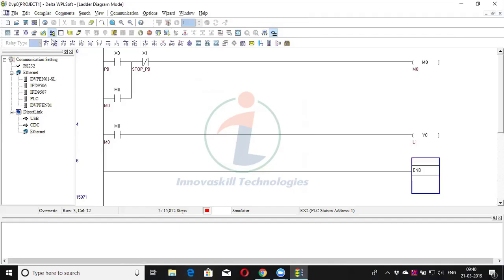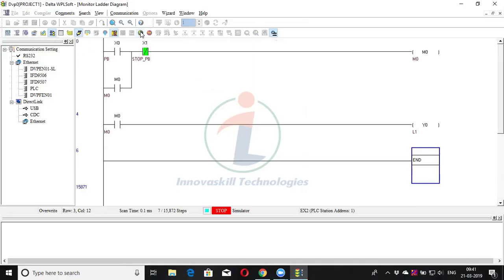Next, what we have to do is enable online mode. So enable online mode.